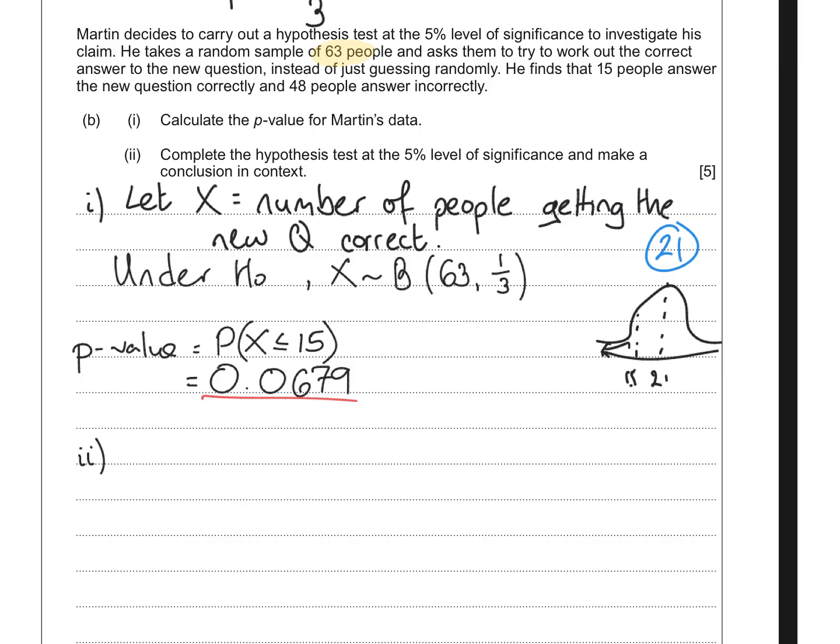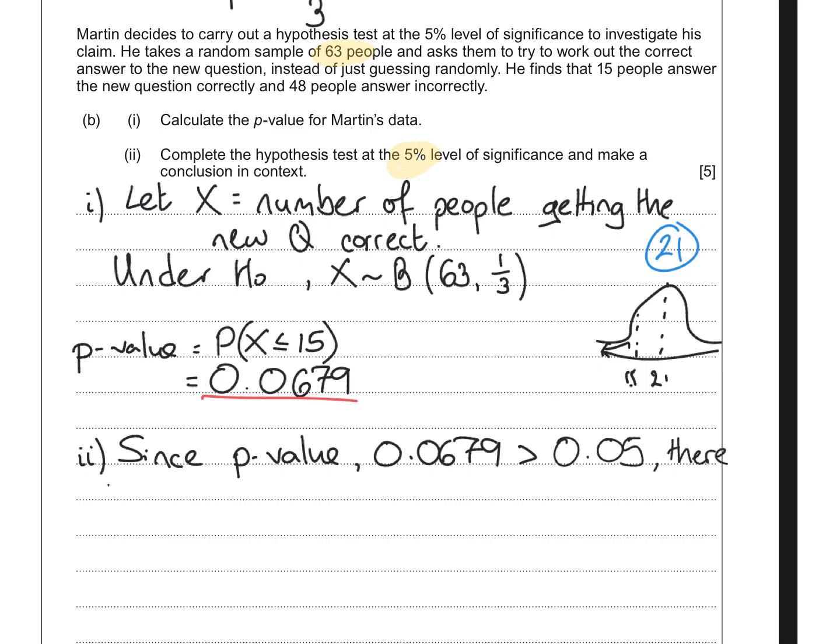But in this case, we would say since the p-value 0.0679 is greater than the significance level, and in case I didn't talk about it earlier, the significance level is this 5% up here, so since that's greater than 0.05, which is 5%, there is insufficient evidence